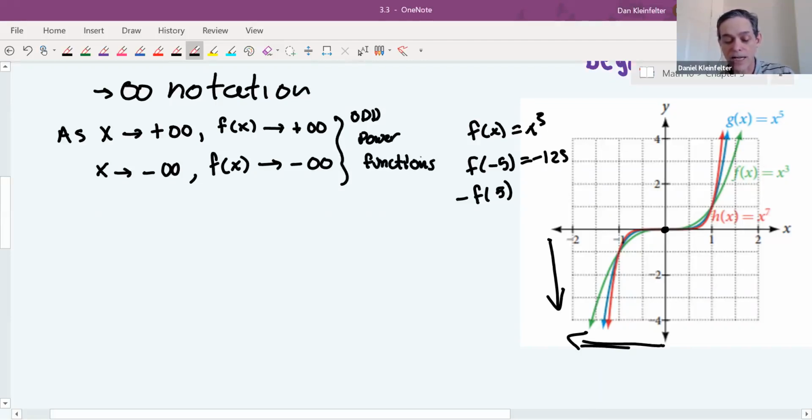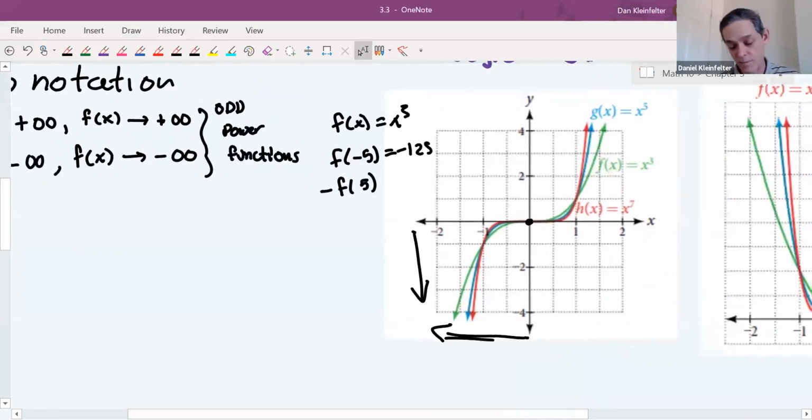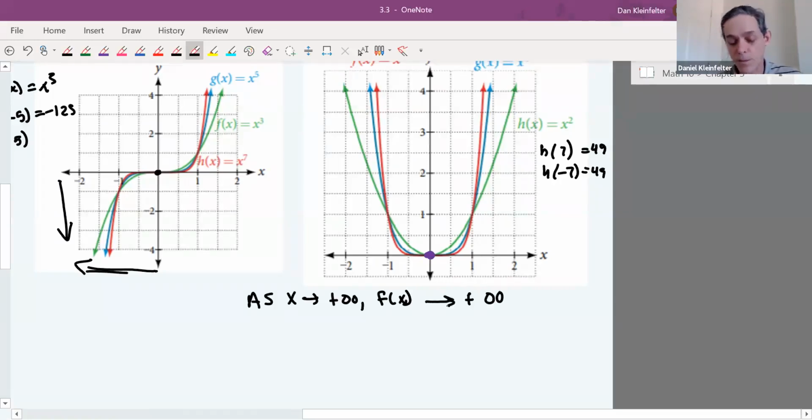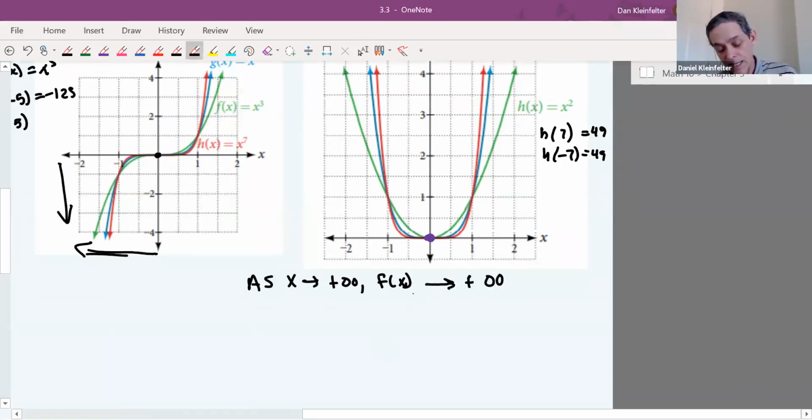Let's see what we can say about the even power functions. So for the even power functions, as x approaches positive infinity, f of x does what? It approaches positive infinity also. As x increases without bound, the f of x's will too. And then